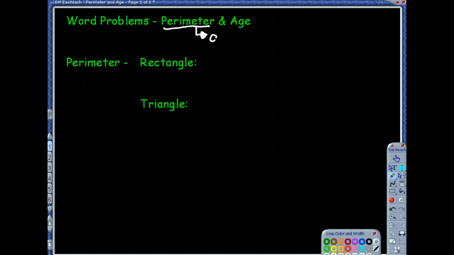So perimeter is going to be the distance around a figure. When we're talking about a rectangle, I'm going to go ahead and just draw one for our purposes of talking about it. When we talk about a rectangle, we usually refer to length and width. So I know that in a rectangle, to get all the way around the